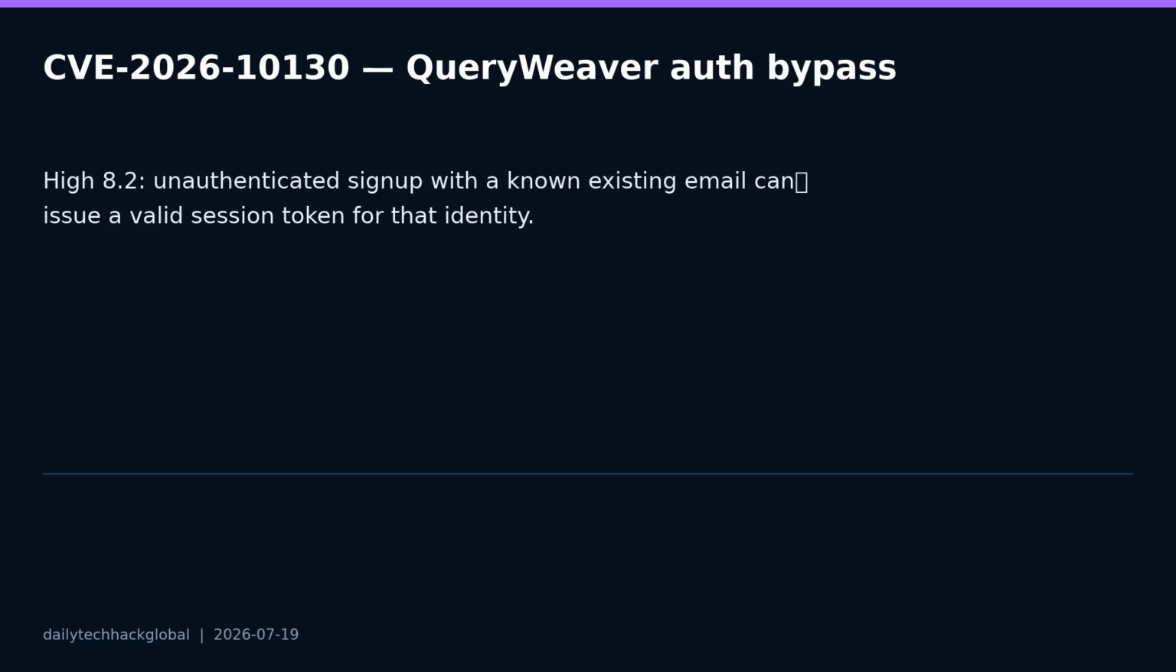If QueryWeaver is connected to production or sensitive data, treat this as a possible identity exposure event until logs prove otherwise. Also consider adding upstream single sign-on, network allow lists, and approval gates for any AI database assistant that can execute queries. Second, CVE